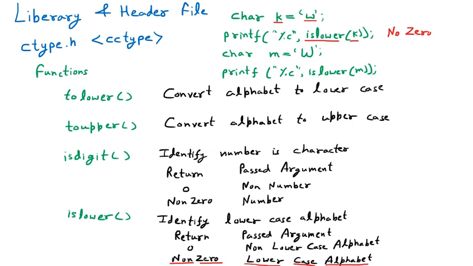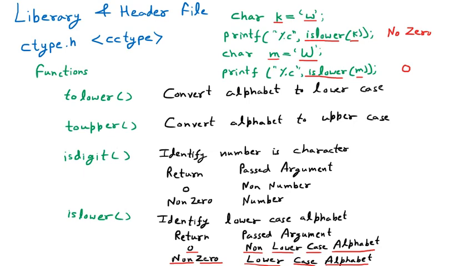Now in the next line we are having islower of m, and inside m we have stored the capital W. Now check out the table, it is not a lowercase alphabet, because capital W is not lowercase, it is a capital, so it will be 0. So in that case the answer of this one will be 0. So it is very easy to understand which one is a small letter and which is a capital letter with the help of this function.